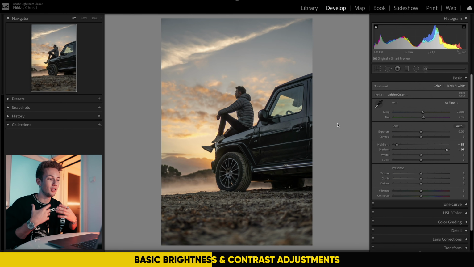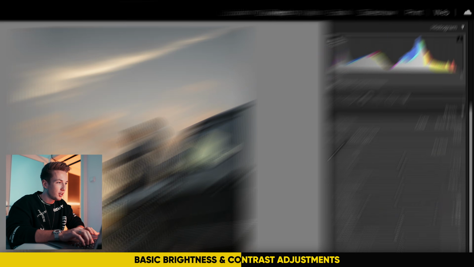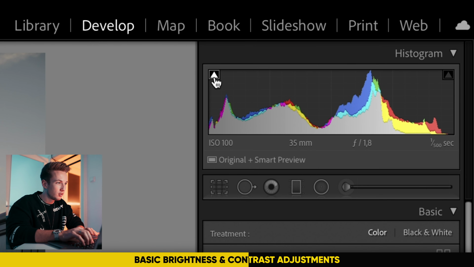And that's something that always looks good in photos, because our eyes in reality can't really see such a big dynamic range. So that's always going to look a lot more interesting in a photo. So the next thing that I usually do is determine the clipping points of both the blacks and the whites. In order to do that, you can just click on the small symbol in the top left corner of the histogram and also on the top right.